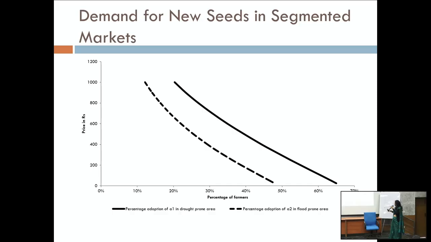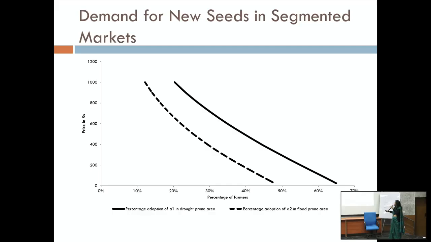And this broken curve, or dashed curve, is the percentage adoption of that A2 variety in the flood prone area. So not only can I determine overall demand, I can also determine demand in specific regions. And then you know that, okay, so if the price is